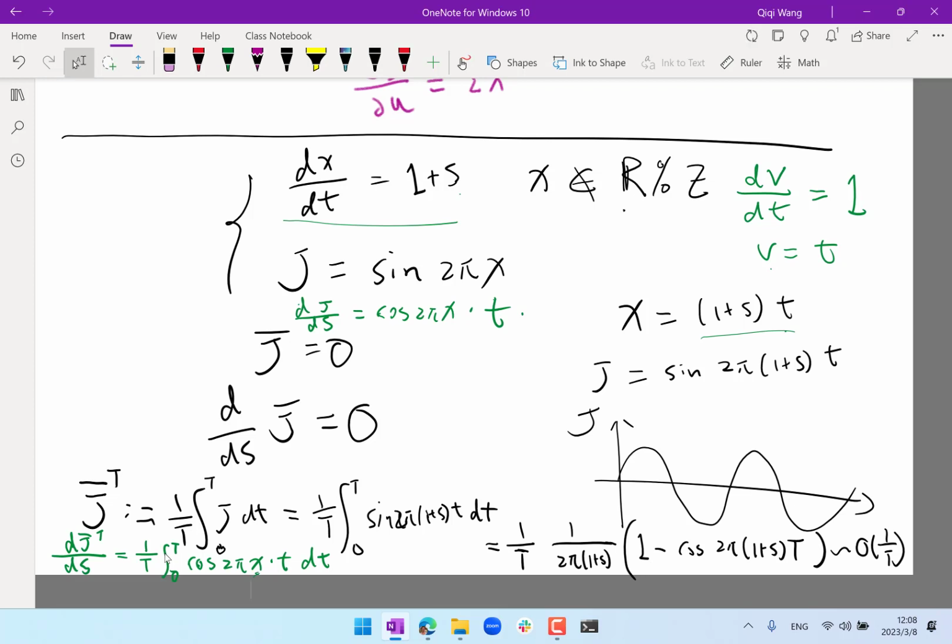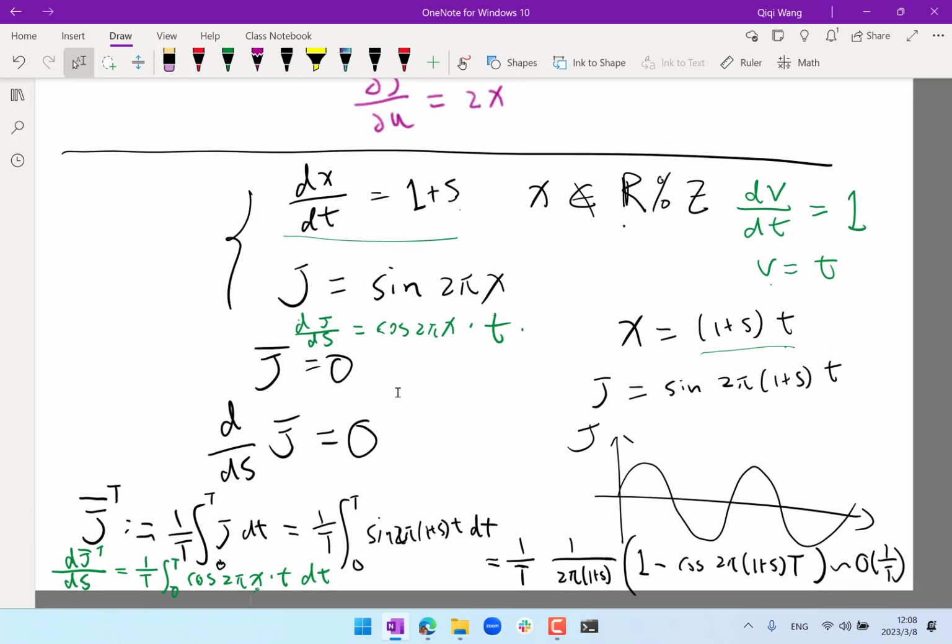Okay, so this is really an illustration of the problem that we are going to encounter again in chaotic systems. Except in a chaotic system, instead of having a V that grows linear in time, we are going to have a V that grows exponential in time. As a result, you're averaging over something that grows exponentially. In another sense, the frequency of this oscillation would be an exponential function of big T,